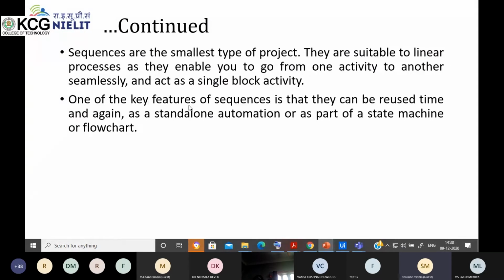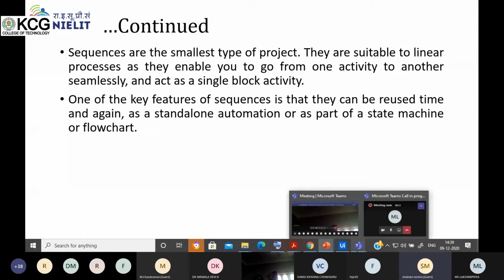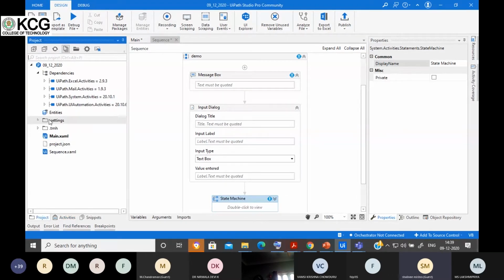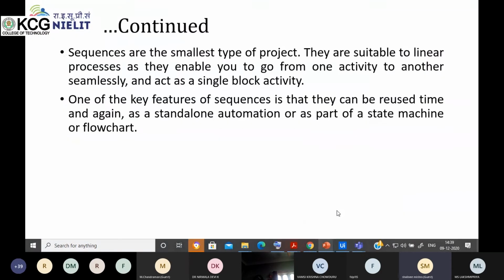One of the key features of a sequence is that it can be reused time and again, means you can use it again and again in a standalone automation. Like you can create your project or sequence here, like I created this sequence, and if I want to use this in our main project or somewhere, then I can call it. So that option is also available.